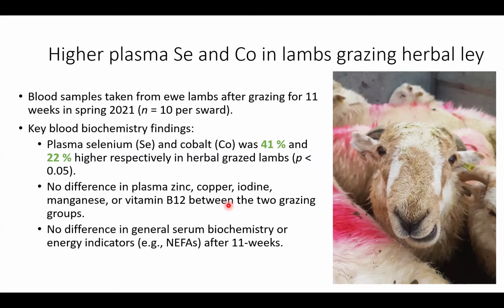Although we saw higher levels of sward copper, manganese, etc., we didn't see that following through into the plasma. Hopefully with some longer term grazing we would see improvements in those as well. Again, mainly because we didn't see any difference in the sward crude protein or sugar content. We didn't see any difference in the serum biochemistry or energy indicators, the general biochemistry, after about 11 weeks. That was really promising because it showed that you can improve the animal's mineral status,